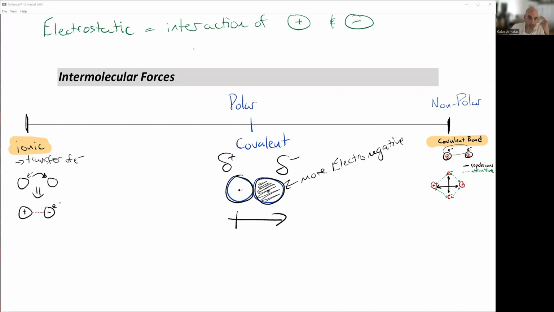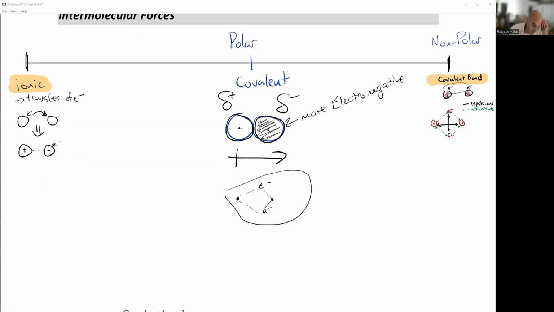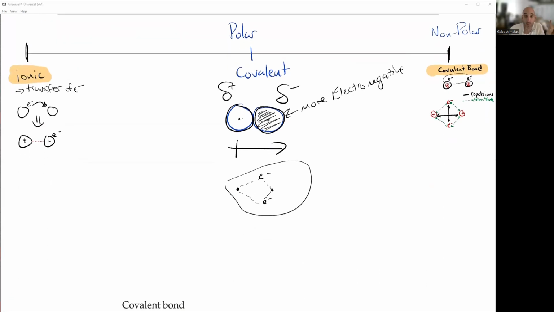And it has a greater attraction to the electrons on that side. So you kind of get this uneven sharing of electrons. You can imagine the electrons are kind of over here a little bit. So again, those attractive forces are there, the repulsive forces are there, but the electrons are kind of shifted in this direction, in terms of if that were a cloud of the electron density. So these are the things that hold atoms together,